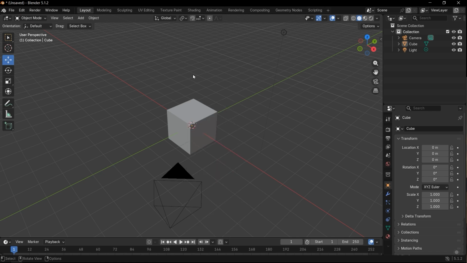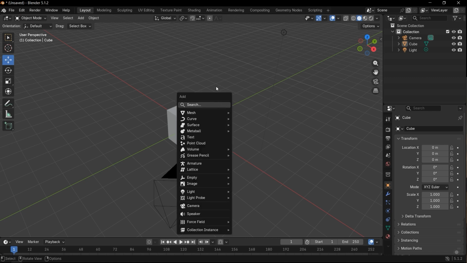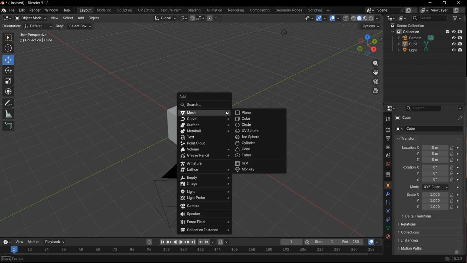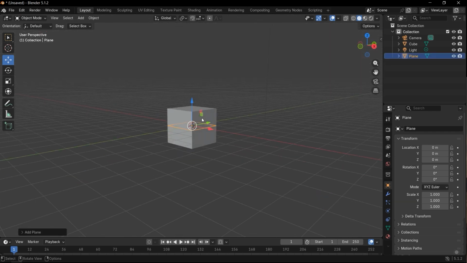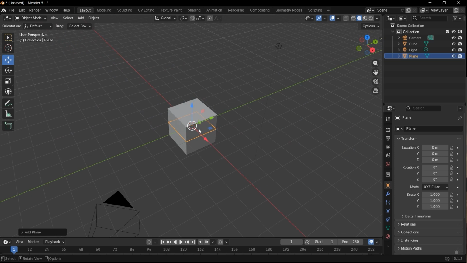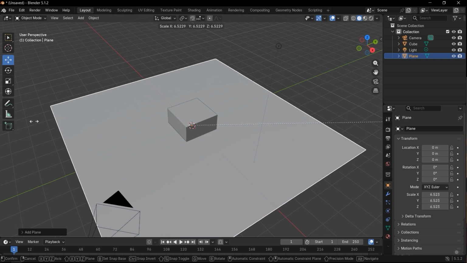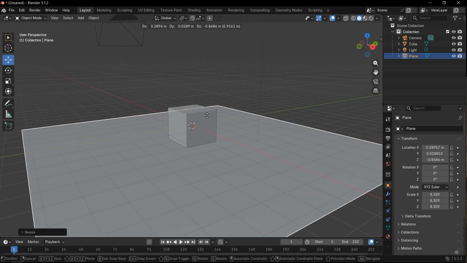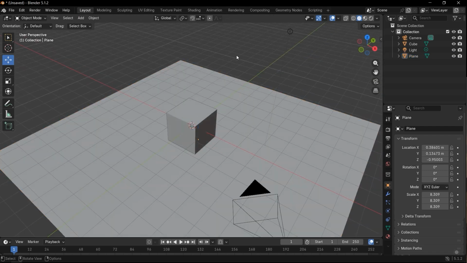First, the shortcut for adding objects and entities is Shift A, and you can add anything you want. Let's start with the meshes. We have all these meshes and two extra complicated meshes. These are primitive shapes, and I will start with them. The first one is the plane. Plane is a regular and simple flat object. Press S and scale it up here, and press G to move it. Alright, as you can see, it's a flat